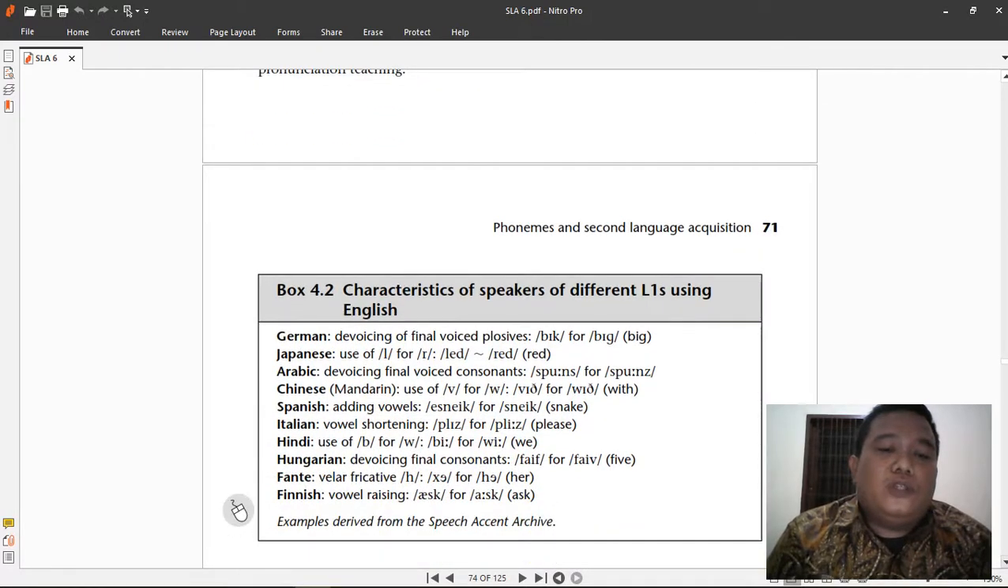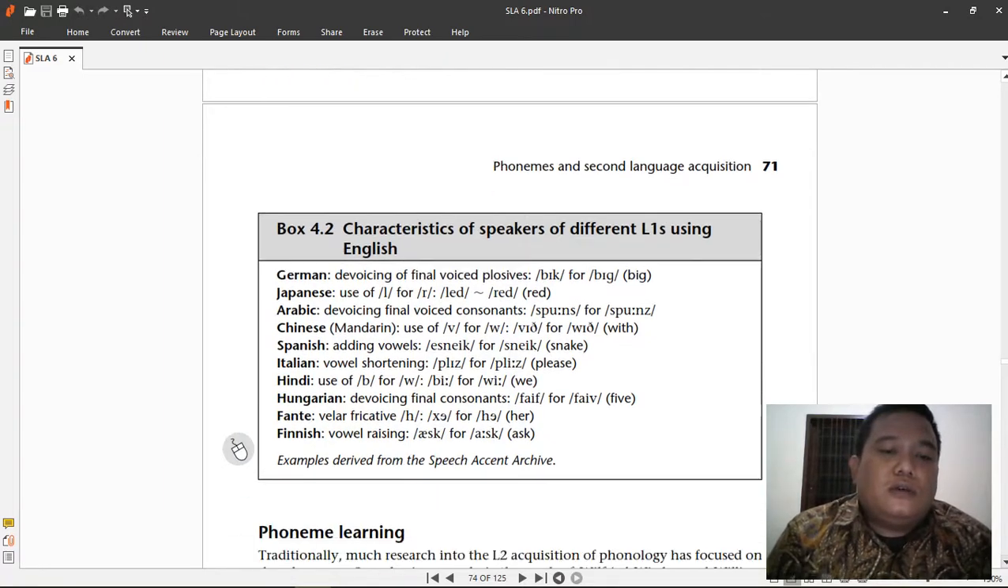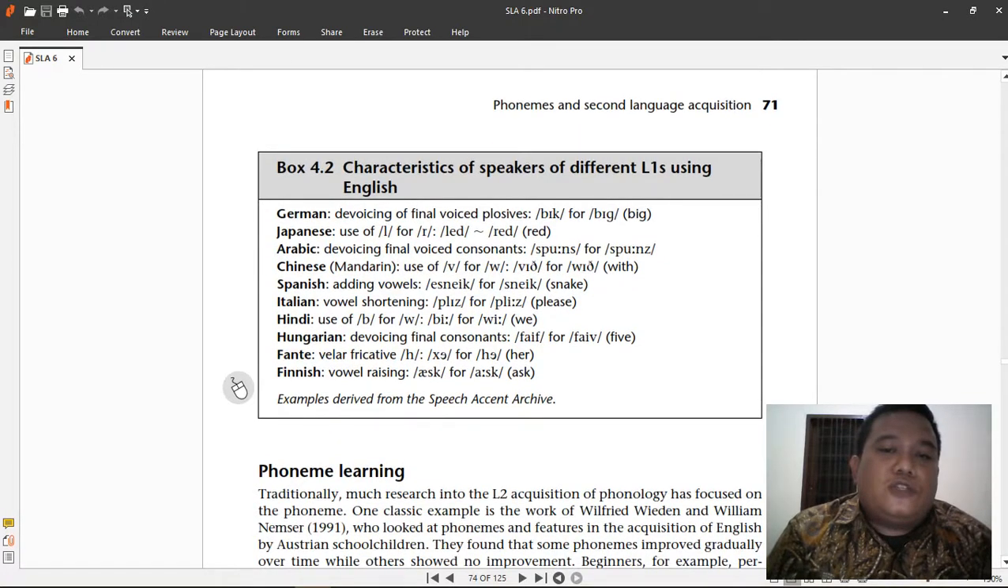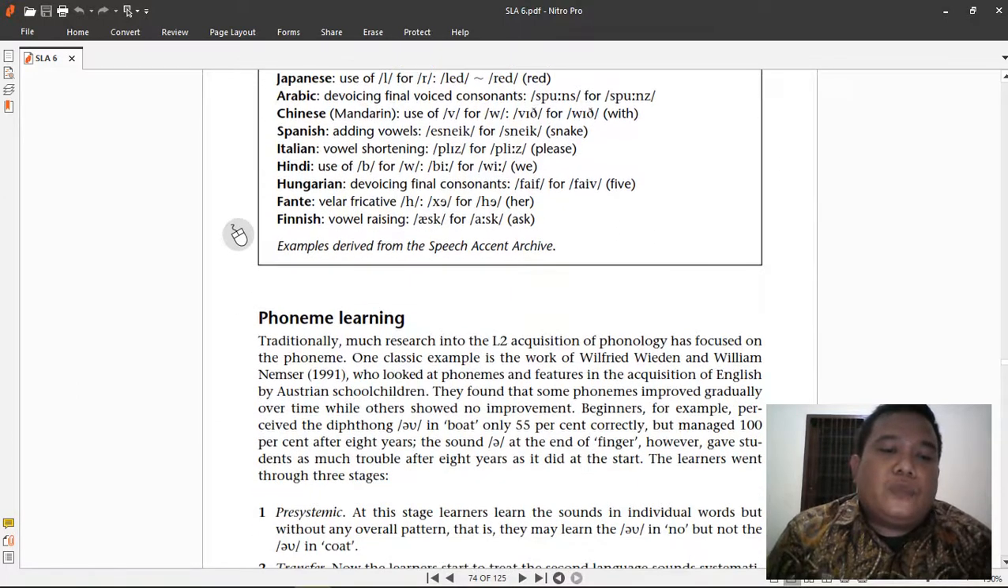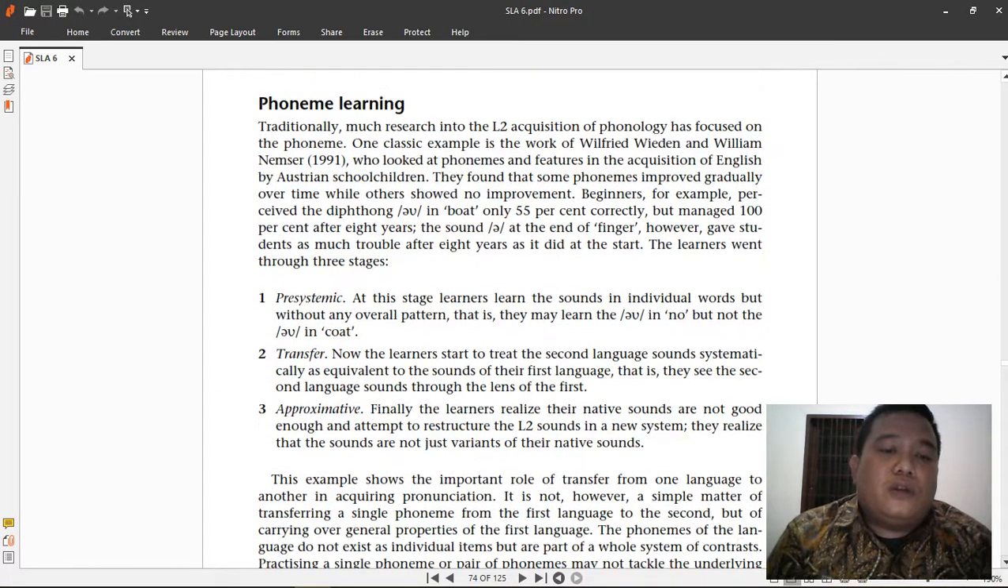And let's see the box 4.2, the characteristics of speakers of different L1s, first languages, using English. This is not too important for you, because I don't think any of you master one of these languages, yeah. Well, if you master one of these languages, then we can discuss this. So we just skip that one. And here again, the phoneme learning, you have the pre-systemic, transfer, approximative,